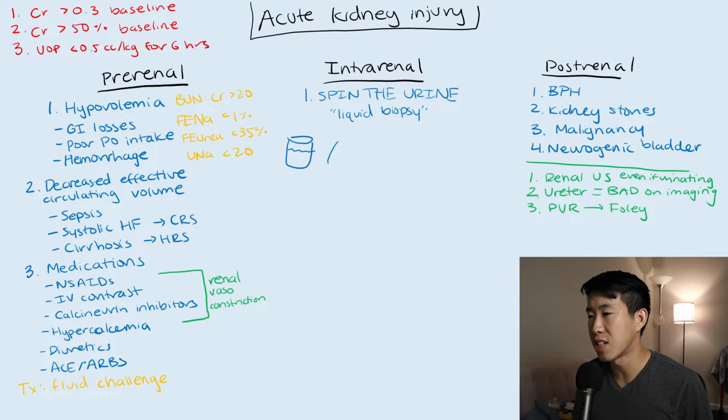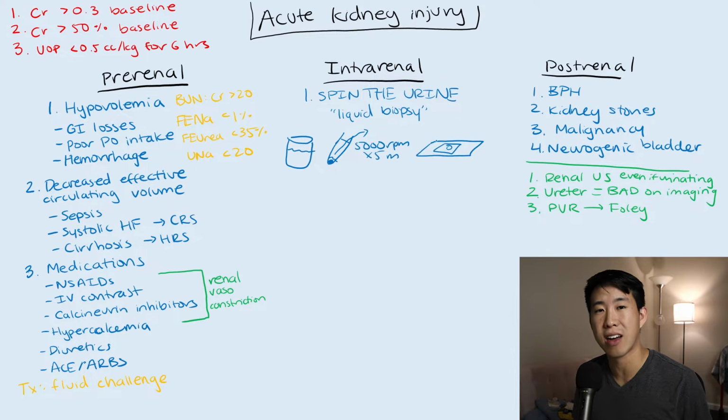Then you go down to the centrifuge, you take a tube and you fill it up to about 10 milliliters. You spin it at 5,000 RPM for about 5 minutes. And then this little pellet is going to form at the bottom. Then get rid of all this fluid and you'll have a tiny bit of fluid in the bottom. And then you just resuspend it in there. And then after that, you're just going to take a microscope slide, put a couple of drops there, and then put a microscope cover slip on it,